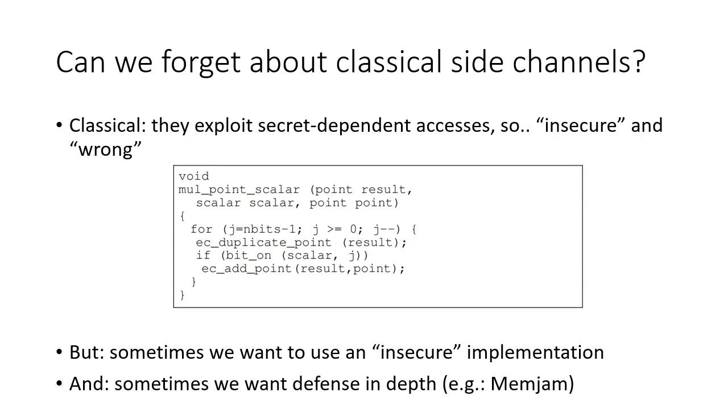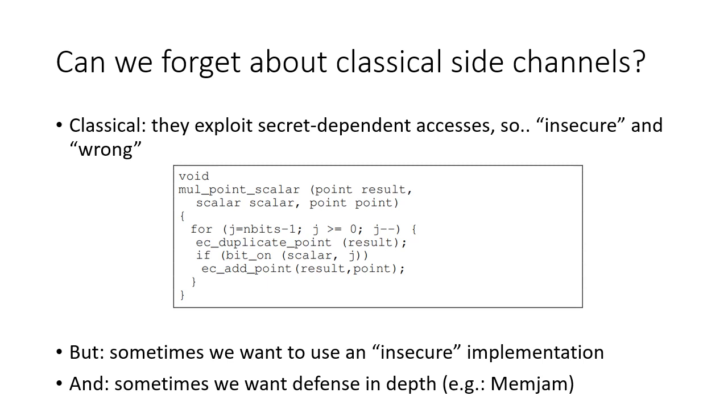There have been cases where software that was thought to be constant time, didn't do any secret dependent accesses, by new microarchitectural insights, MemJam is an example, became insecure. In that particular case, the granularity got improved from a cache line to a few words, and that made some current implementations insecure. So maybe you want defense in depth.